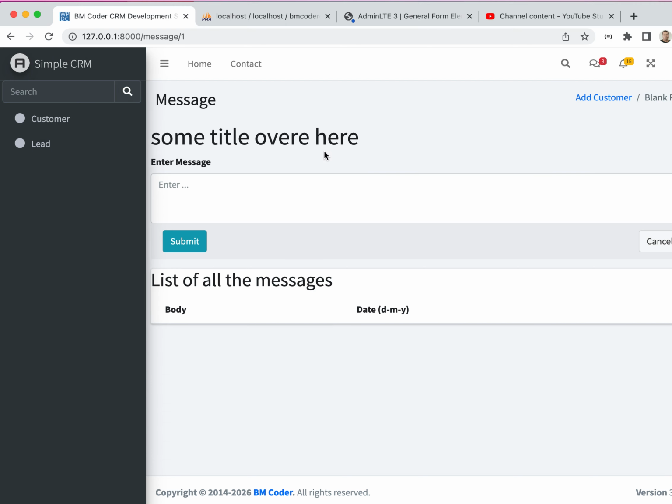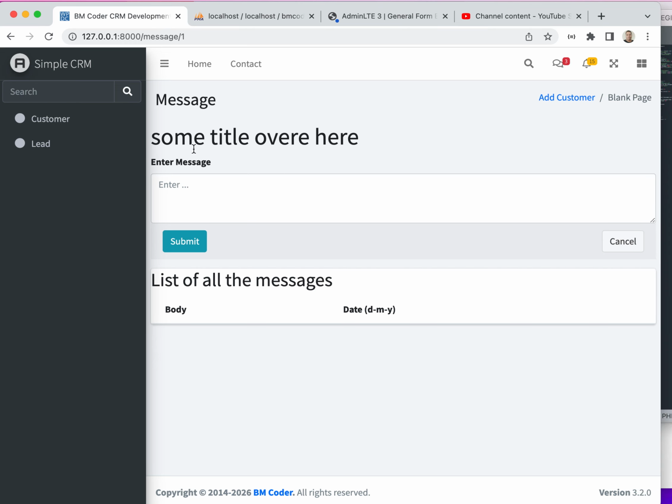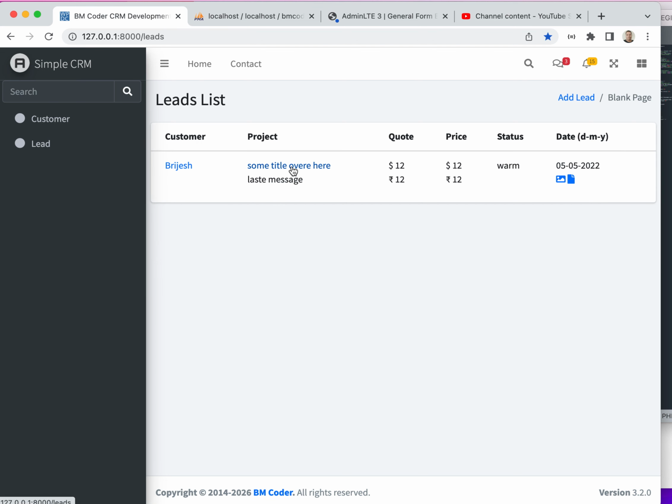wow, looks nice. Correct, so let me make it a bit smaller. See how this looks. So this is the lead title, and you can enter a message and you can read all the messages of lead number 1. Correct, now let's test properly. This is a lead. Correct,